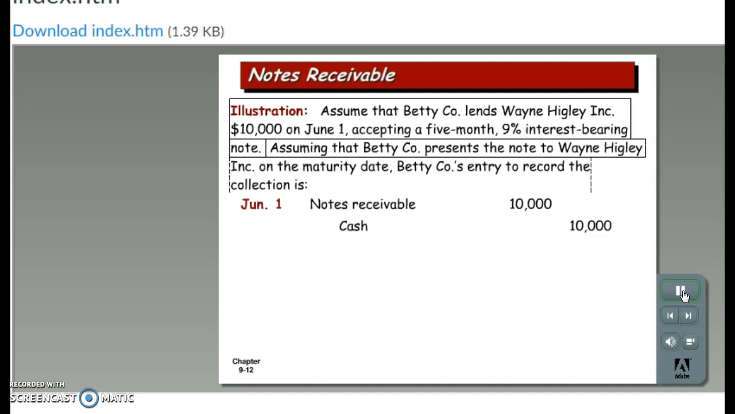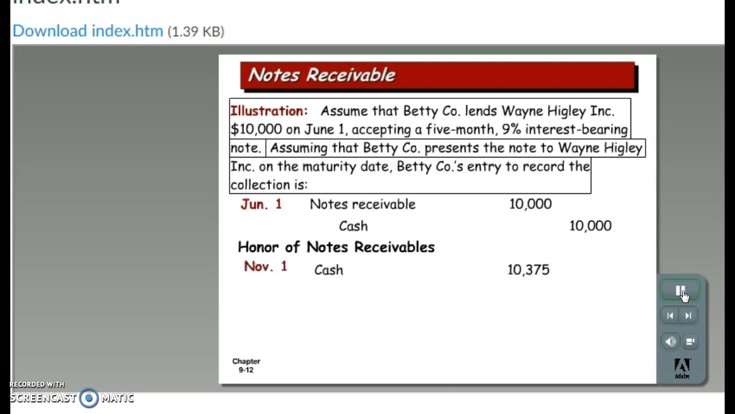Assuming Wayne Higley pays the note on the maturity date 5 months later, the notes receivable is honored. The journal entry recorded by Betty Company is an increase or debit to cash for the maturity amount, which is the face value of $10,000 plus $375 interest for the duration of the 5 months, calculated by face value of